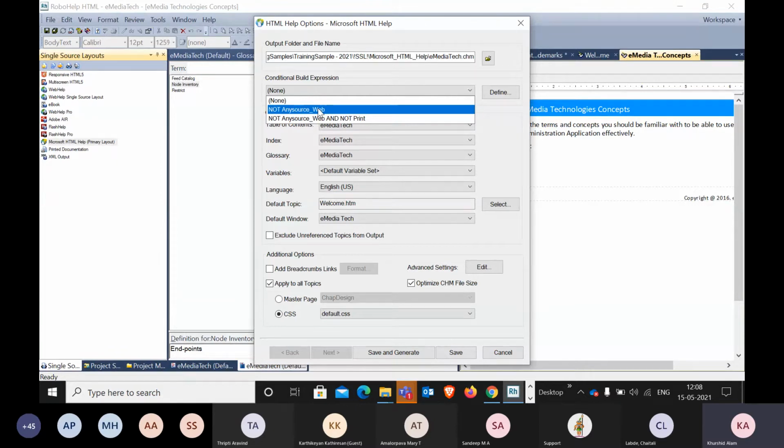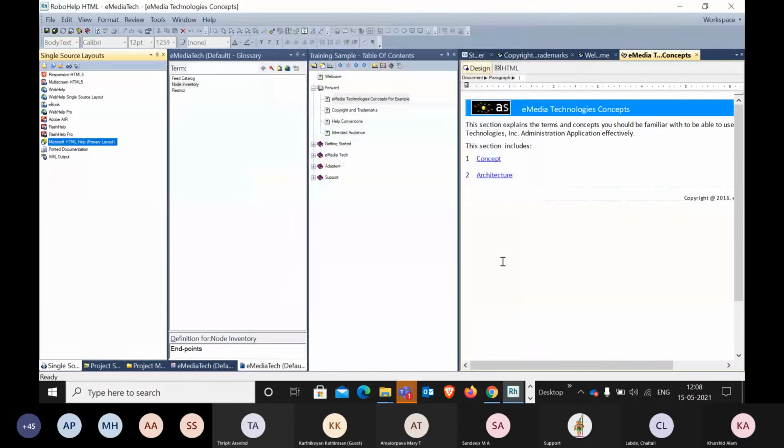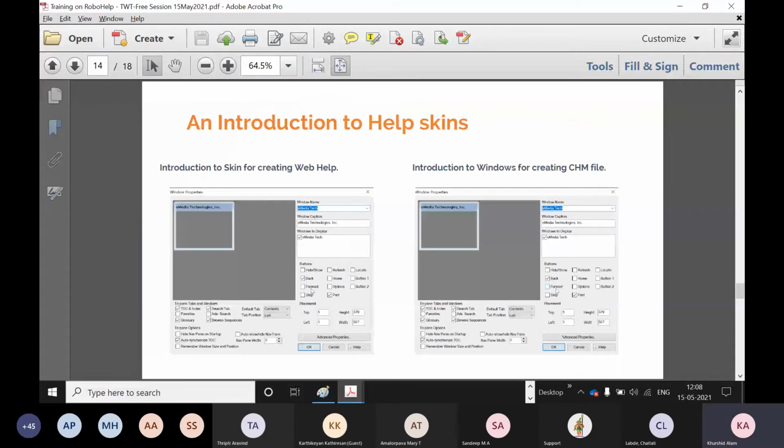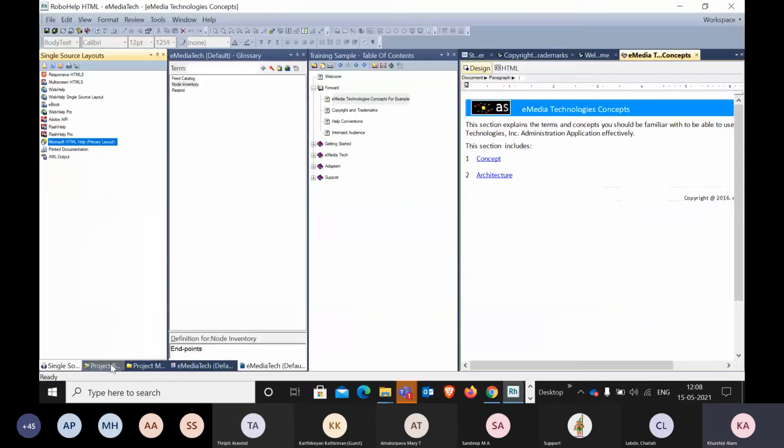You need to apply this conditional build expression to content, paragraph, topic, TOC, everything, which you may include or exclude in different help files. I will show you that in another presentation. These two properties are very important. So I want to show you how to create index skin.